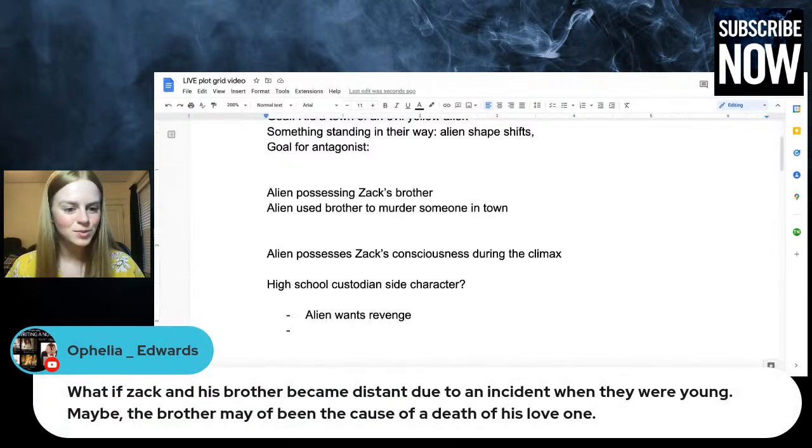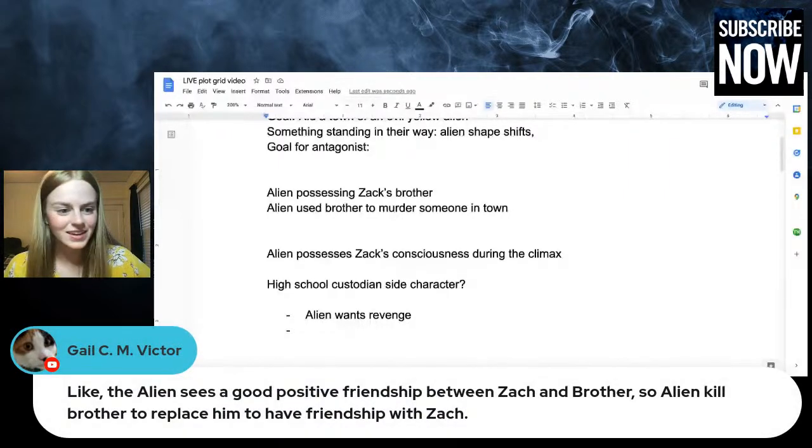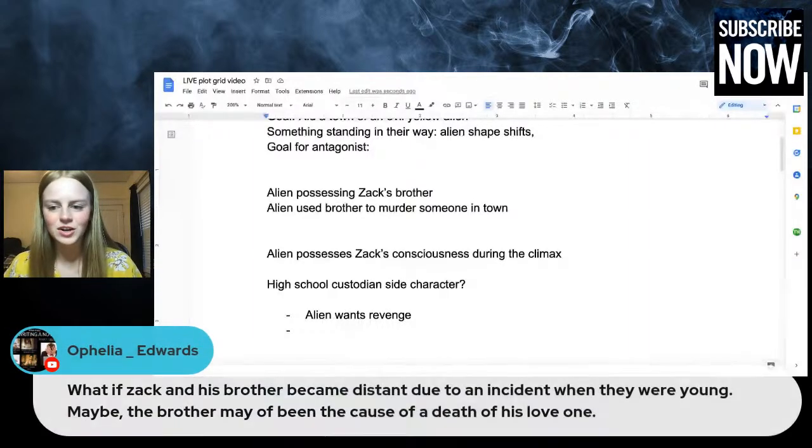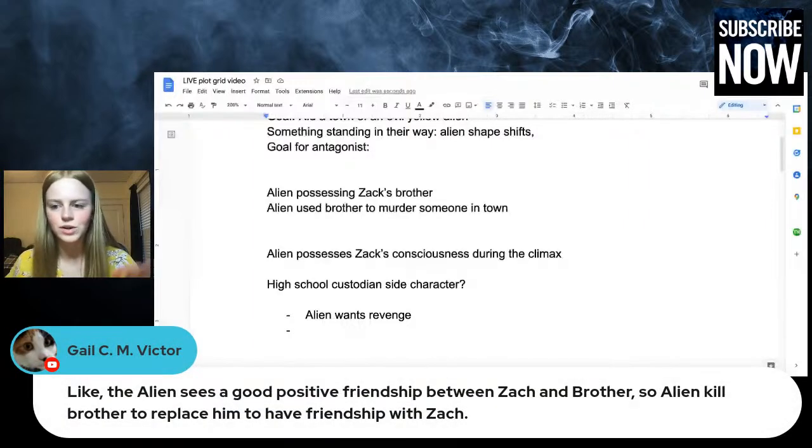Ophelia Edwards says, "What if Zach and his brother became distant due to an incident when they were young? Maybe the brother may have been the cause of the death of his loved one." Oh, I like that. Okay. And Gail said, the alien sees a good positive friendship between Zach and the brother, so the alien kills the brother to replace him to have the friendship with Zach. Oh, okay. I also like this. I think we have to choose one direction to go in,